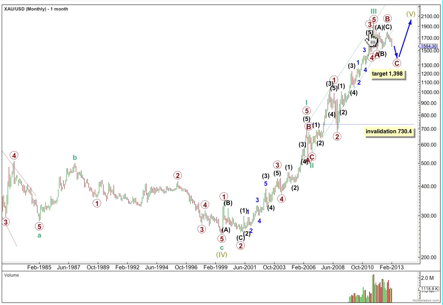In terms of duration, within this third wave at primary degree, intermediate 1 has no Fibonacci duration, intermediate 2 lasted a Fibonacci 2 months, intermediate 3 lasted a Fibonacci 8, 4 a Fibonacci 2, and 5 has no Fibonacci duration. Within this extended intermediate fifth wave here, ratios at minor degree, minor 3 has no ratio to 1, and minor 5 is just 5.61 short of equality in length with minor 3.